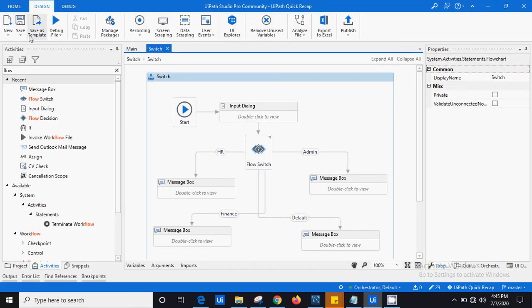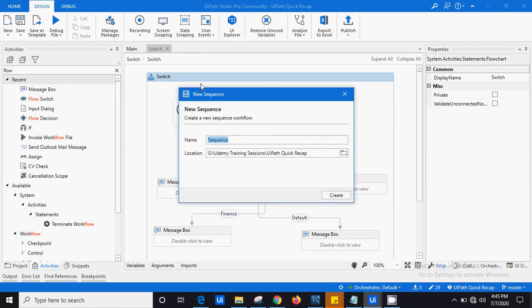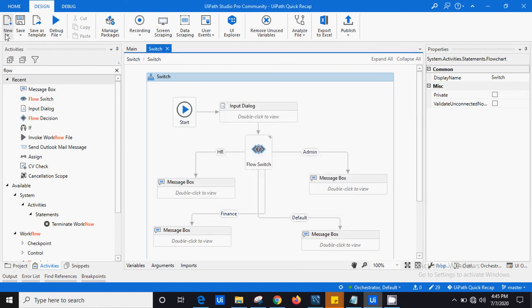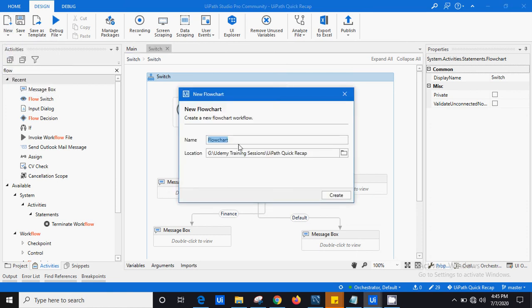So let me open UiPath. Let me create a flowchart. This is already an example I have quoted, but let's try with different examples. Say customer complaint.